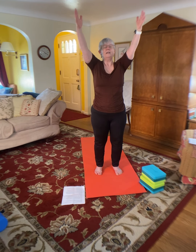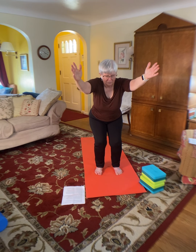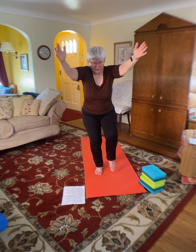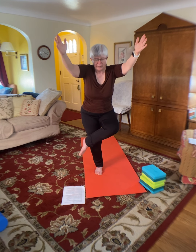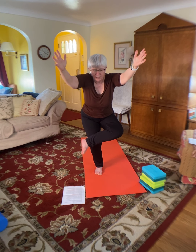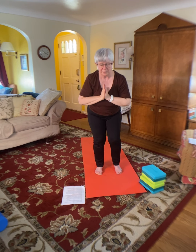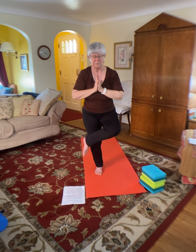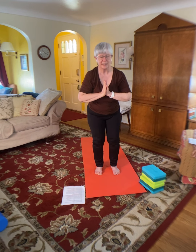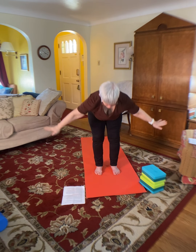And again, lift up, sink into chair. Plant all the weight in your right leg. Bring that left ankle on top of your right thigh for a one-legged chair, sinking your hips back. Bringing your hands to prayer if you want. Can't talk and do this. And just coming back, taking a forward fold,